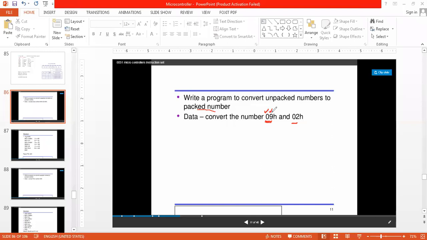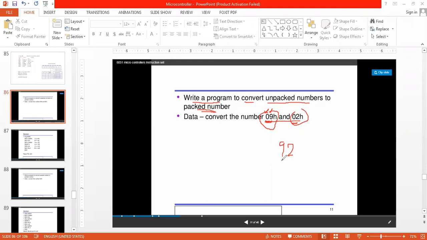So what is the program? Write a program to convert two unpacked numbers into a packed number. I have to take these two numbers, 09 and 02, and pack them. So what will be the packed number? It is going to be 92.